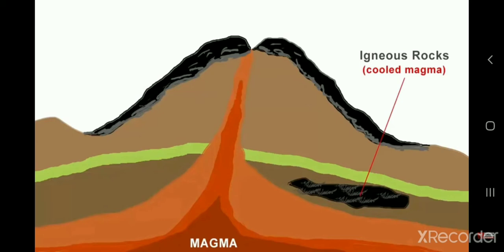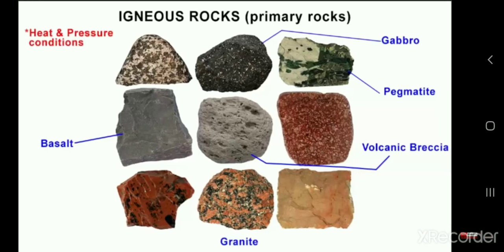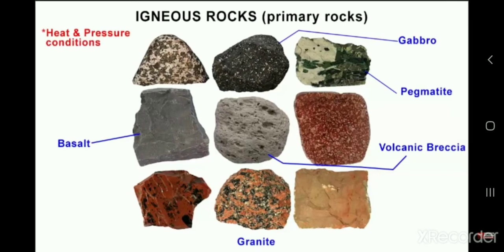The Maharashtra plateau and the Sahyadris are formed out of igneous rocks. Most of their rocks are igneous. Basalt is the major example of igneous rock. Here you can see it has been formed in the inner layer of the surface of the earth, so it is also called the primary rock. You can see in this picture the basalt, right? It is the major example of igneous rock.